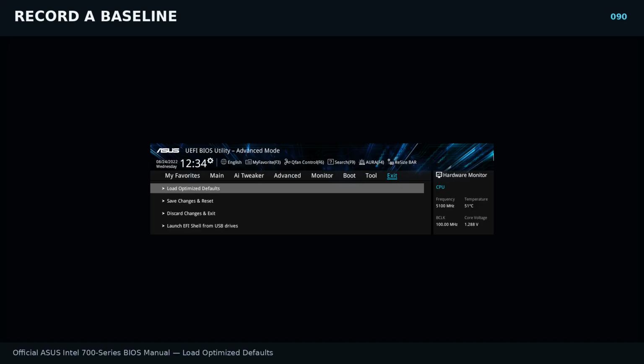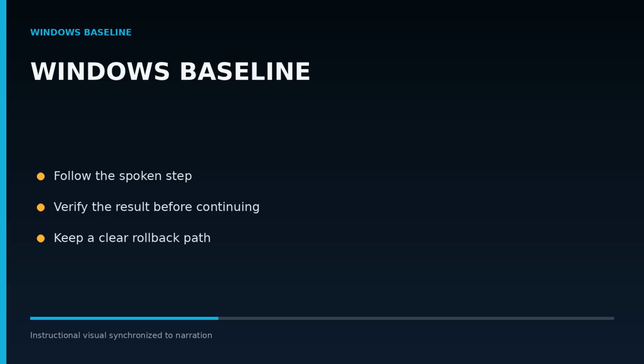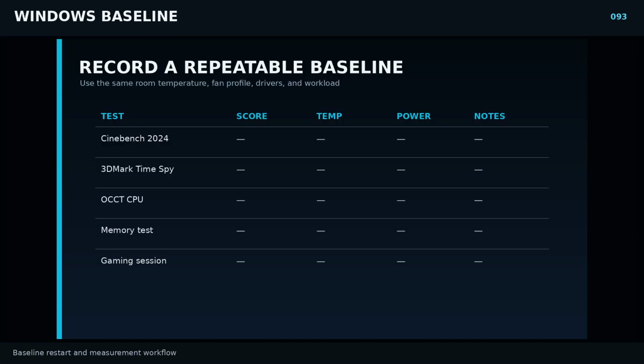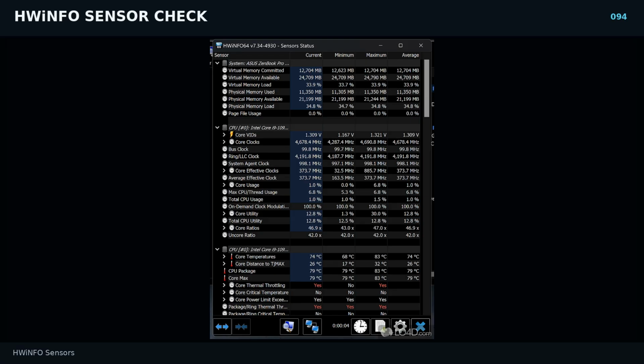Now establish a measured baseline with everything at Intel default settings and memory at JEDEC defaults. The goal is to measure what your actual machine does today with safe, known good settings so that you can quantify any change. Boot into Windows, apply current chipset drivers, Intel Management Engine, network drivers, and your AMD Adrenalin suite for the Radeon. Reboot once more to settle any driver initialization. Install HWiNFO, Cinebench 2024,